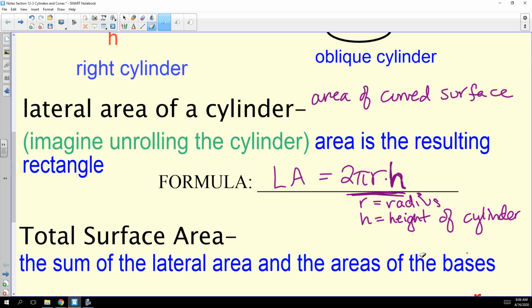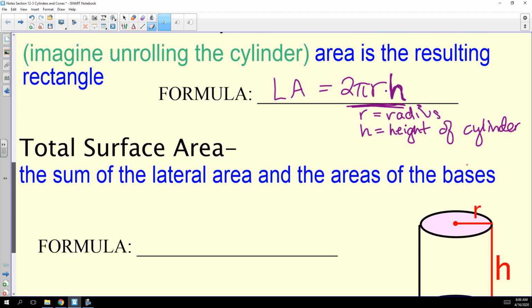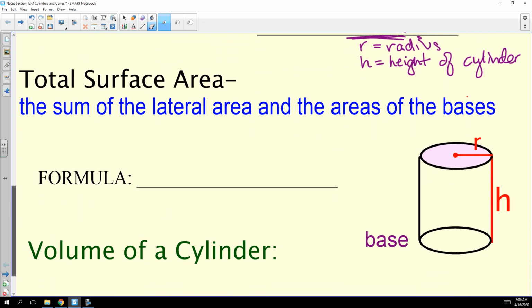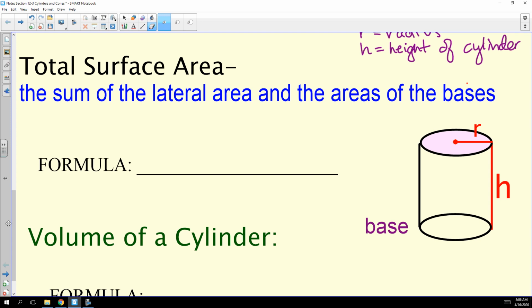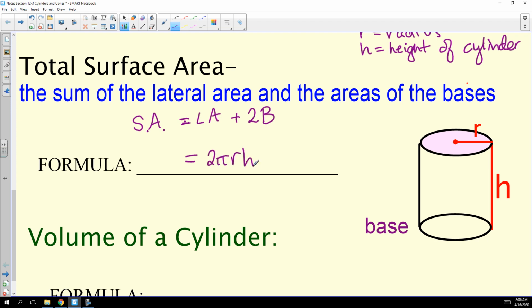So if you wanted to consider, well, how much tin do I need to create that can that's going to hold the soda or hold the soup, you'd be concerned about the total surface area. So again, your total surface area is going to be lateral area, just like for prisms, lateral area plus 2 times the area of the base. In this case, we're going to write it as 2 pi rh, which was the lateral area, plus 2 pi r squared. Why? Because remember, the area of a circle is pi r squared,